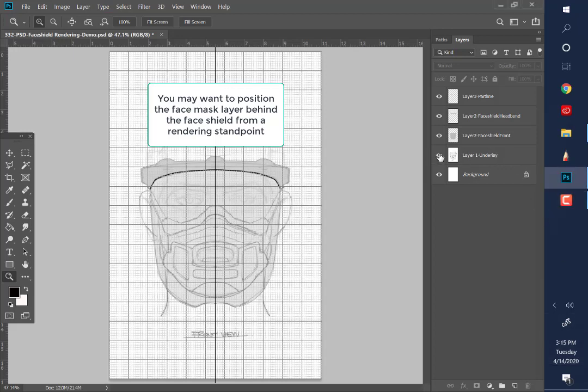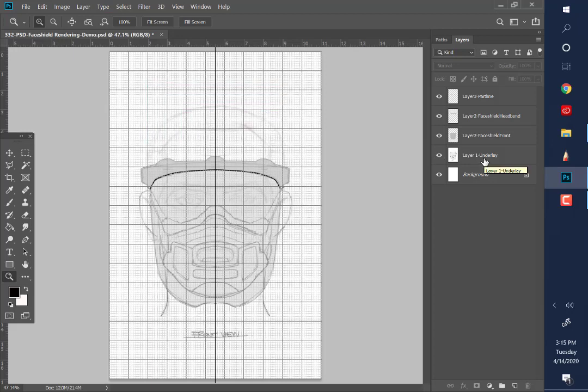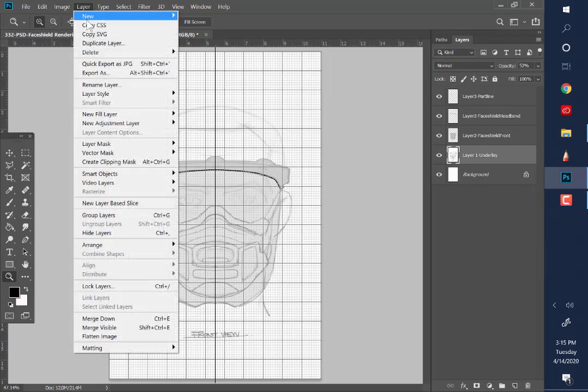Okay, now if I'm going to click this on and off, all right, so what we want to do is build this in layers. I think the most logical way to render this is to put the face mask, which is the lower part, covering the nose and the mouth, underneath the face shield. So we're going to select that as a starting point, and then we're going to add a new layer,